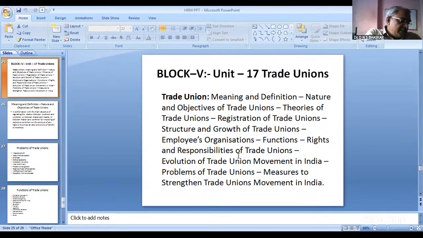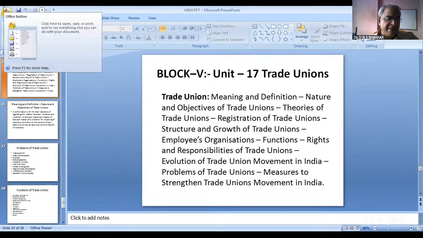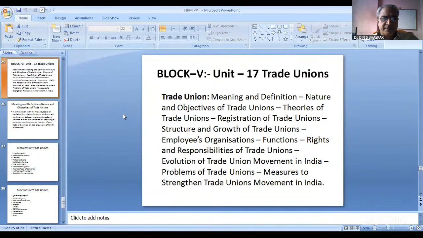Evolution of the trade union movement in India. This is another important question. The problems of trade unions are covered, and now the evolution of trade unions. In the very first phase of the trade union movement, given on page number 3.309 and paragraph number 17.8,